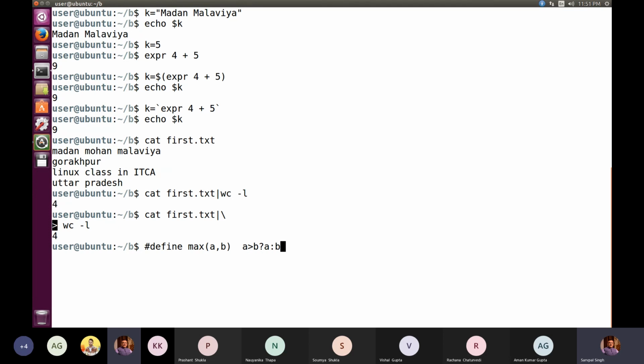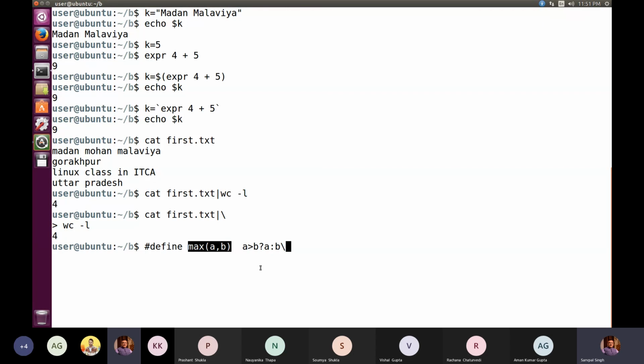तो अगर max a comma b की definition जो है is having multiple lines, then what will happen? We cannot write the first statement as hash define max a comma b and the first line. Then how can we write the second line, third line, fourth line? Because all these lines are to be associated with max a comma b only. So there we again make use of this backslash that indicates that the definition which has to be associated with macro max a comma b is still continued. Okay, is still continued. So we keep writing the statements on multiple lines. Okay, and at the end we don't write this backslash.